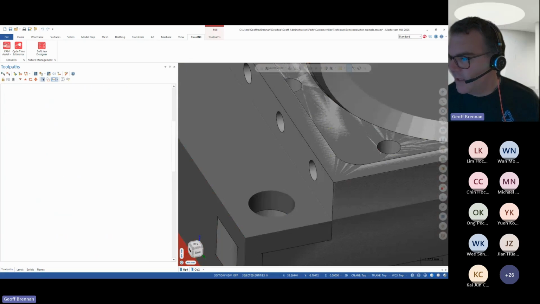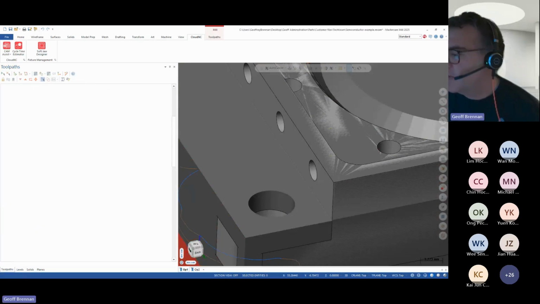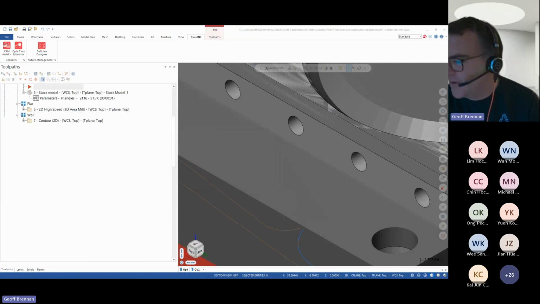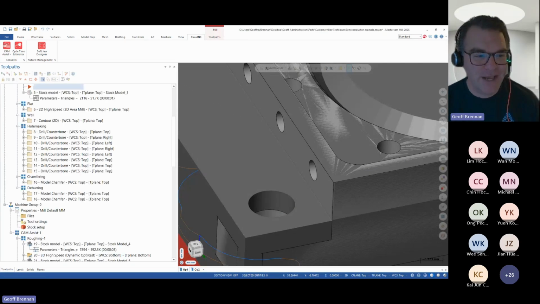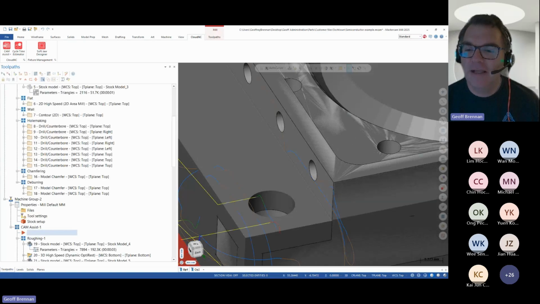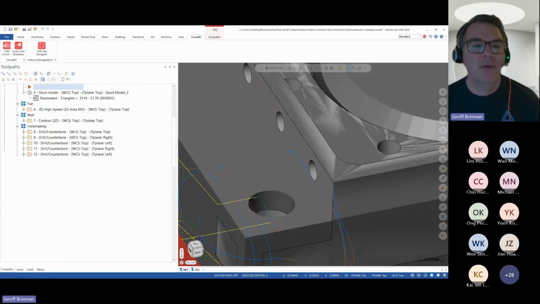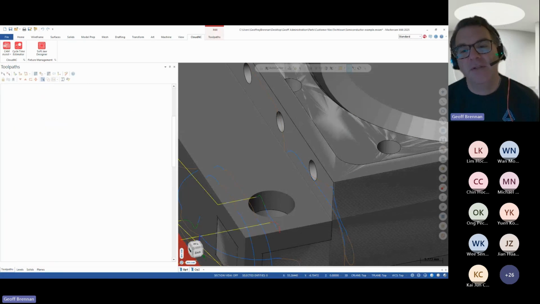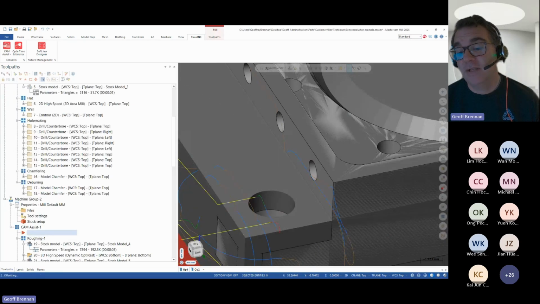So maybe while that calculates, I'll look at another question. One of the questions was, what are some of the big companies that are using this for production? Of course, we're not really at liberty to mention names of some of our customers, but if you look on our website, for instance, we have some of our investors listed there.